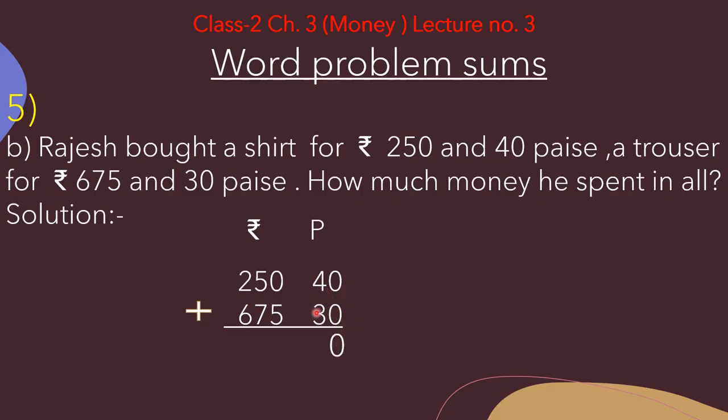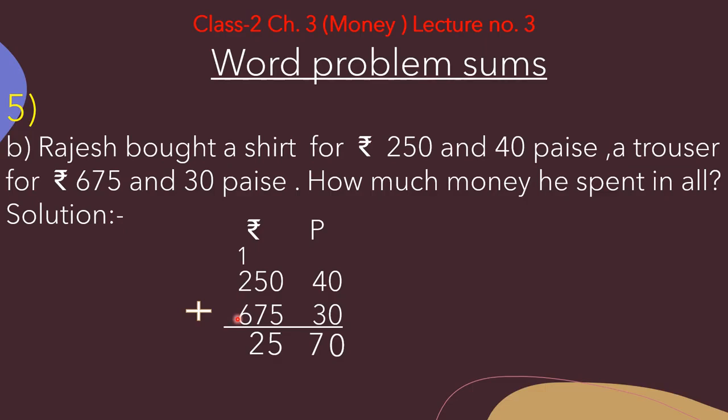And 4 plus 3, so keep 4 in your mind and 3 on your fingers. Now we have to speak forward counting. 5, 6, 7. So here we will write 7. Now 0 plus 5, that is equal to 5. Now 5 plus 7. So keep 5 in your mind and 7 on your fingers. Now we have to speak forward counting again. So 6, 7, 8, 9, 10, 11, 12. So here we will write 2 and 1 will be carryover. Now 1 plus 2, 3. And 3 plus 6. So keep 3 in your mind and 6 on your fingers. Now we have to speak again forward counting.